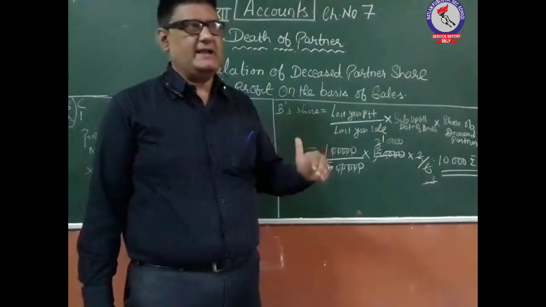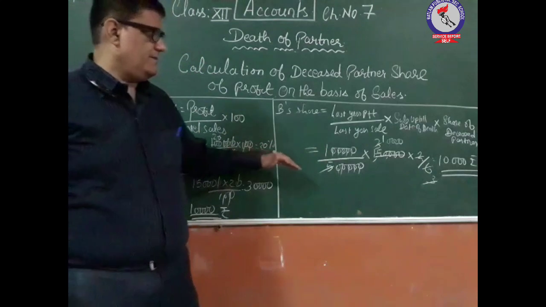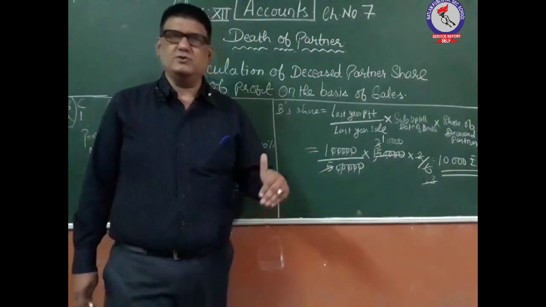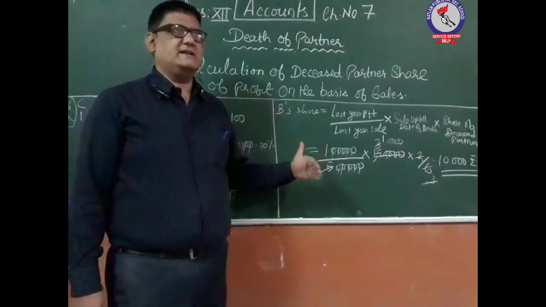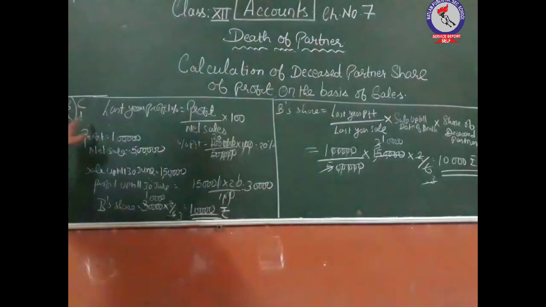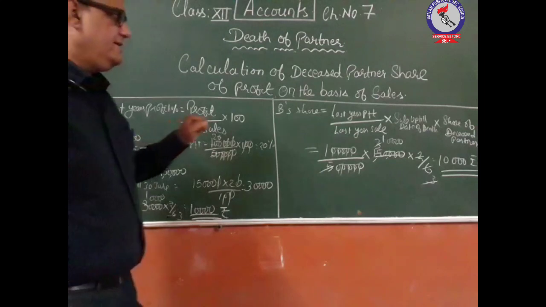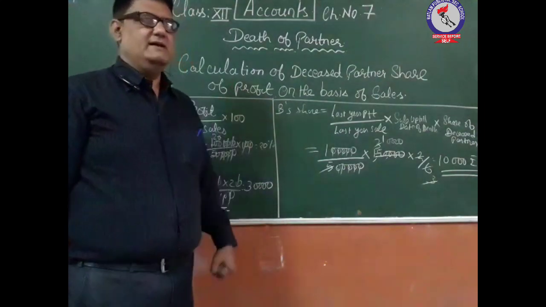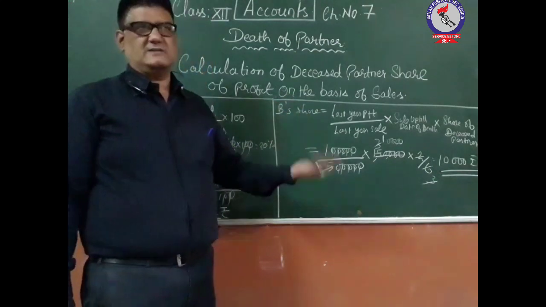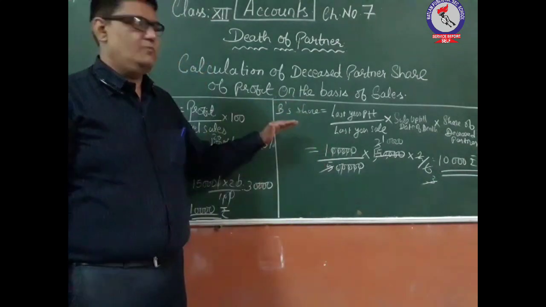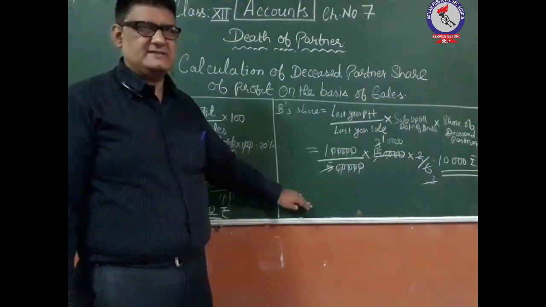In the partnership agreement, अगर पार्टनरशिप एग्रीमेंट में प्रॉफिट शेयरिंग रेशियो जो बचे हुए पार्टनर का है वो एज इट इज रहता है, like 3:1 only, so then there will be only one entry and that is profit and loss suspense account debit to B's capital account in this case.